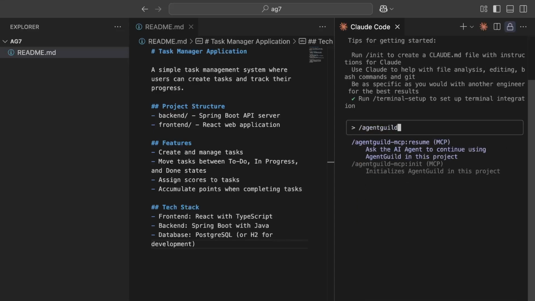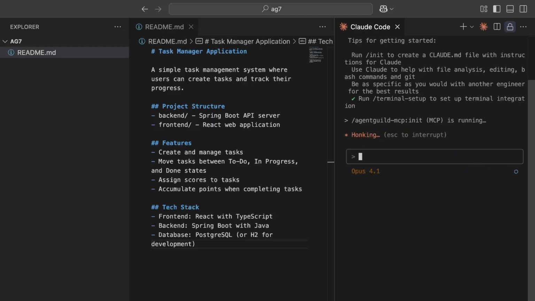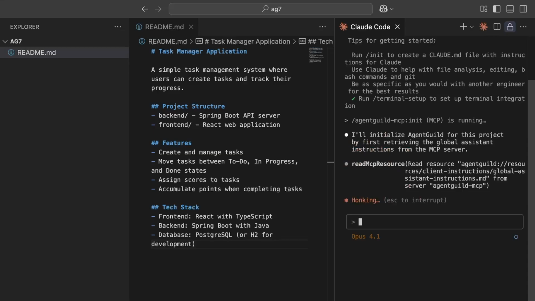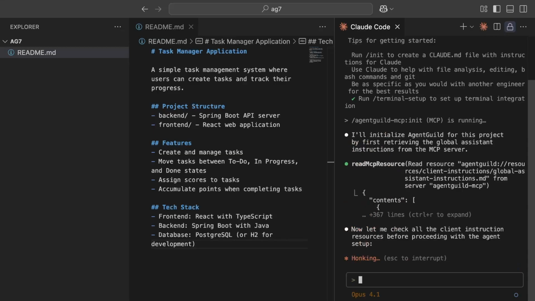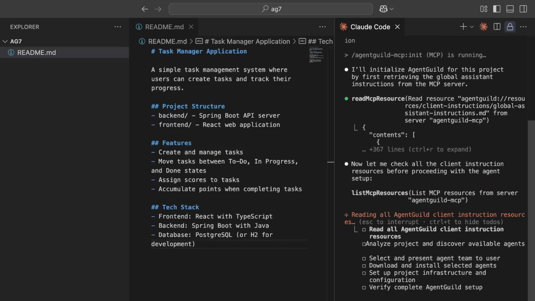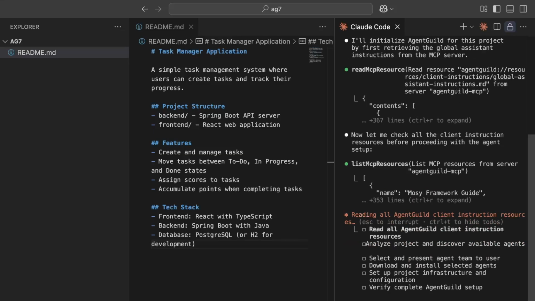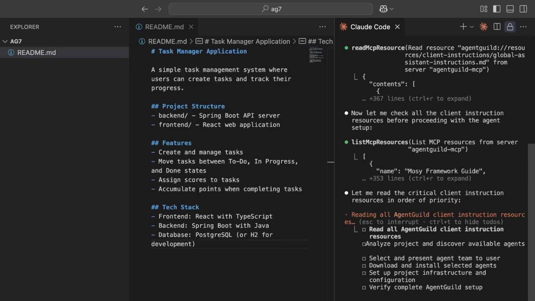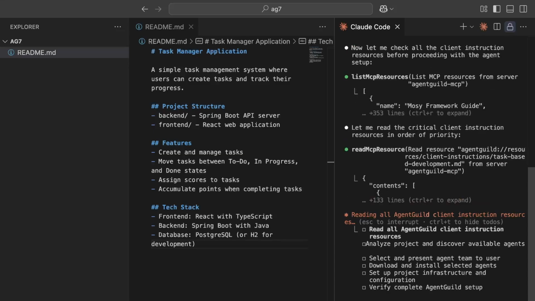And the first step is to invoke the AgentGuild Init prompt that you can access using the / key. And as you see here, Claude Code will start initializing AgentGuild for the project. And then what Claude Code is doing is just following instructions from the prompt, and then once it's connected to the MCP server, it will start downloading a lot of instructions and material that we will use to structure